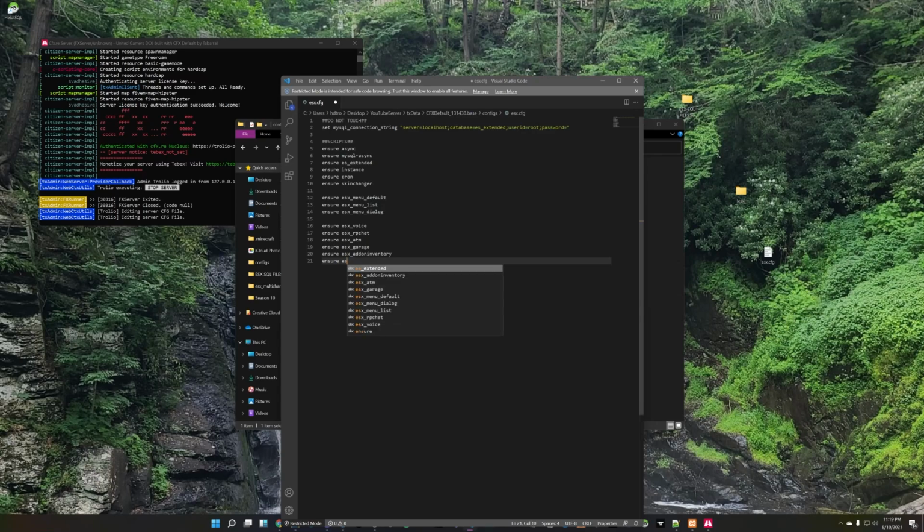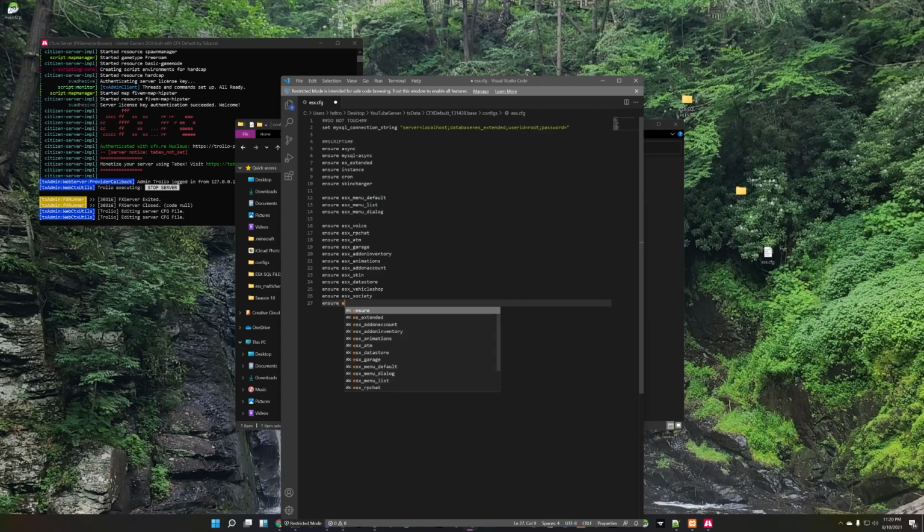So from add-on inventory, we do animations. And then from animations, we go into the add-on account. From account, we go to skin. From skin, we go to data store. From data store, we go to the vehicle shop. From the vehicle shop to society. From society to status. All these, keep in mind, have esx_ written in front of them. So from status